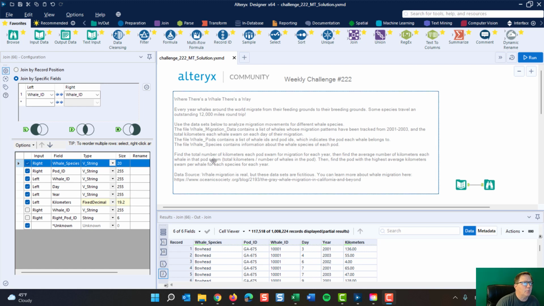Today's session is going to be weekly challenge number 222 and it's going to be looking at whale migration data. What we want to do is take this file that has a million records plus and a few other files, and combine them to find the total number of kilometers each pod